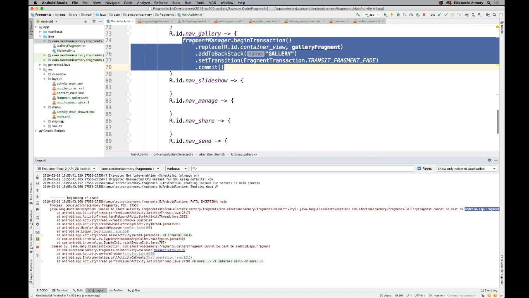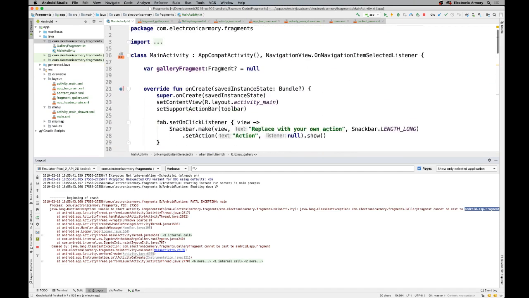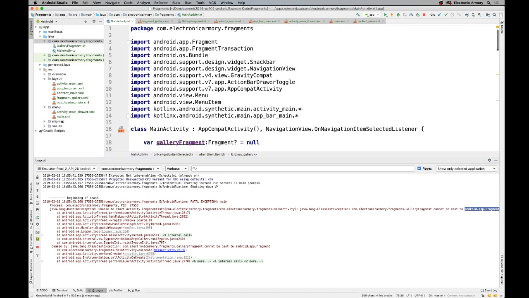Okay, now I know why it wasn't matching up with the two different versions. My main application is looking for android.app.fragment. And if you remember, this is exactly what I talked about before, where we need to actually include the support library. So let's go ahead and look at our different imports. I didn't actually plan this, but this is exactly why I talked about this, because I was expecting a different crash. As you can see here, we have the import package android.app.fragment, and for whatever reason,